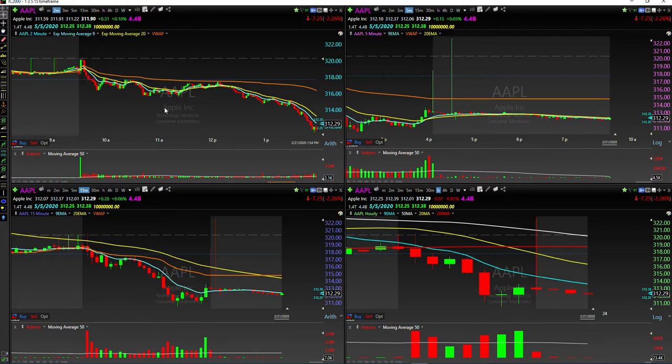I can relatively assume that maybe the 2 minute could be an indication that things might be changing, or it could just be something short term, right? Now, if I start seeing it roll over on my 2 minute and then I see it again on my 5 minute, now all of a sudden I'm going to be a little bit more cautious about maybe taking a trade to the long side. And if it starts aligning on my 15 minute that it's rolling over, now I kind of know that maybe this is not